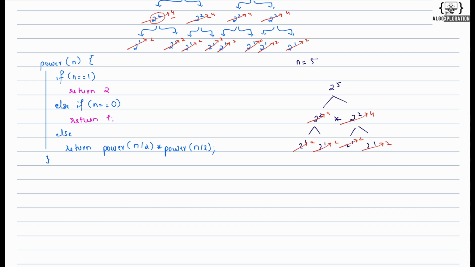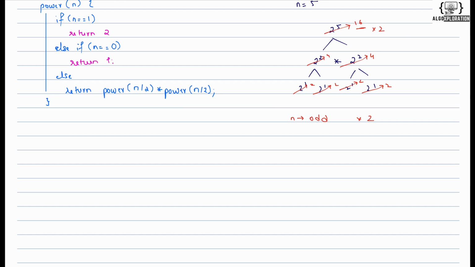Okay, we are not calculating in our mind, we are actually taking these values: 2 into 2 is 4, 2 into 2 is 4, and 4 into 4 is 16. But we know that 2 raised to the 5 is 32, not 16. So if the value of n is odd, we need to simply multiply this 16 by 2. Whatever answer we are getting, we need to multiply it with 2. That's it. So the revised algorithm will be,